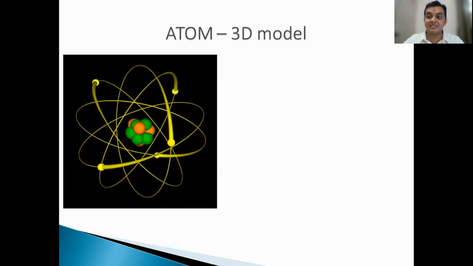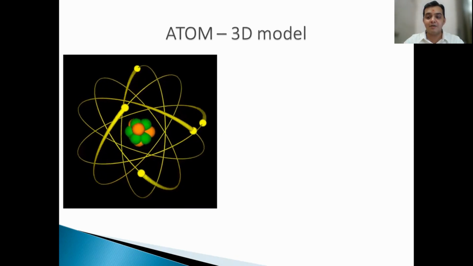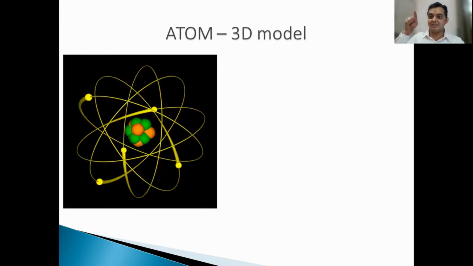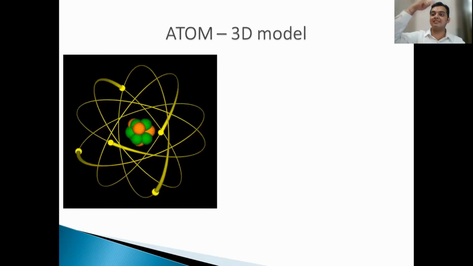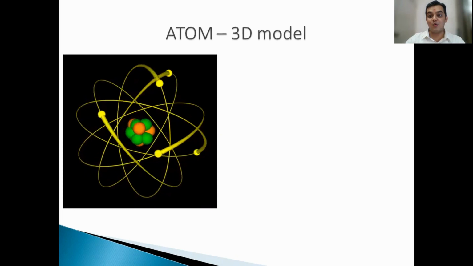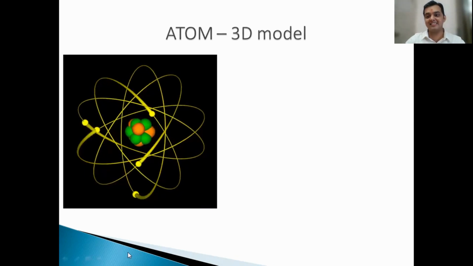The electrons are moving around the nucleus, but not just in x and y. They are also revolving along the z-axis. What is the z-axis? Look at the screen. The z-axis is x, y and z. More precisely, it is like Fleming's rule in physics: x, y and z. So you have three dimensions, x, y and z.